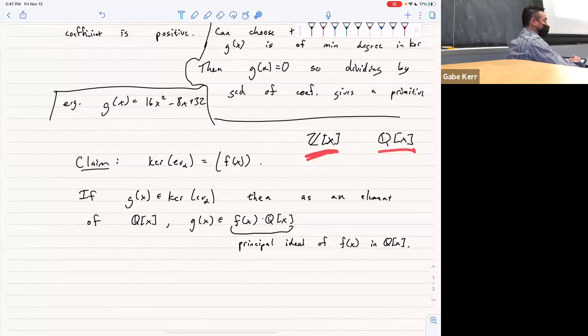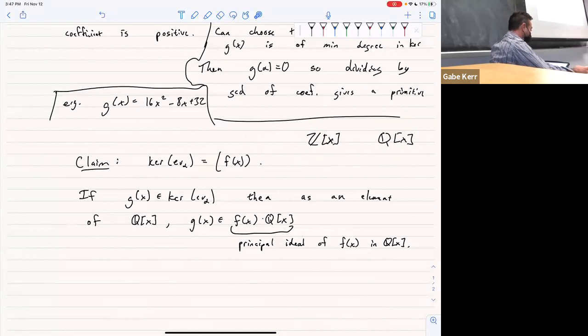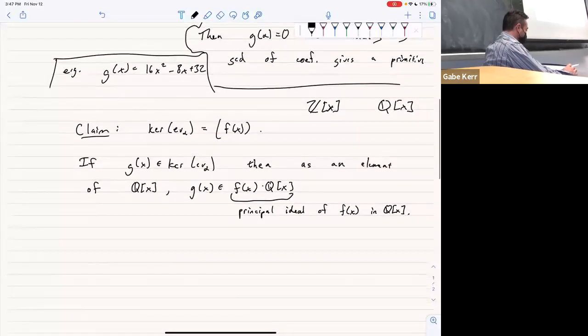This is a harder place, because this is definitely not a field. It's not a horrible ring, but it's actually quite a complicated ring. Very, very complicated. So now,